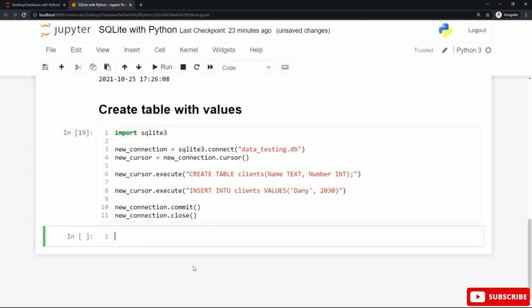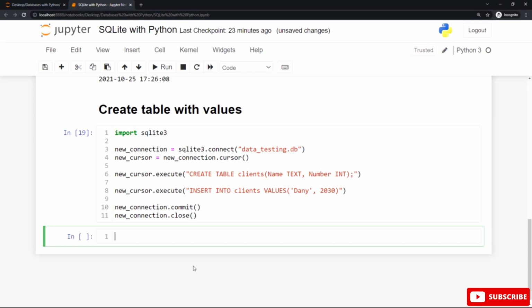After that, you can see to create a connection to our database called data testing, we use the connect function. The SQLite 3 library name followed by the dot notation followed by the calling of that function or that method connect to start this connection to our database called data testing in the same working directory, followed by the extension of that database file .db inside double quotes inside the round braces of the connect function.